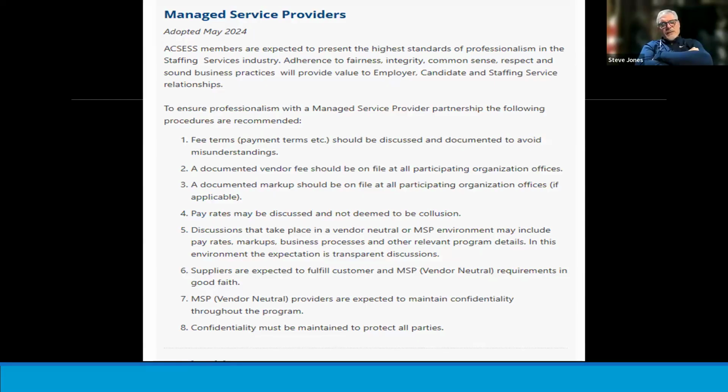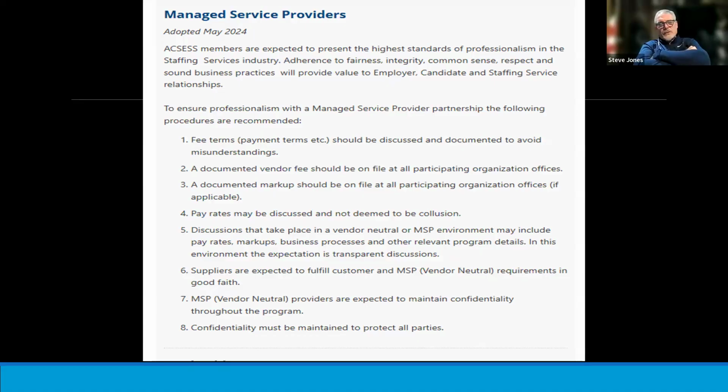And so, we want to say that because it's a closed environment where only 3 or 4 or 5 or 6 or whatever suppliers have been pre-vetted, once you get to that point in time, it's no longer collusion if you're working with each other inside the closed environment to make sure it works properly. So pay rates, markups, and business processes can all become the same, and it's not considered to be a violation of a collusion law because it's a closed environment where the deal was already done. And so it's not influencing markets.